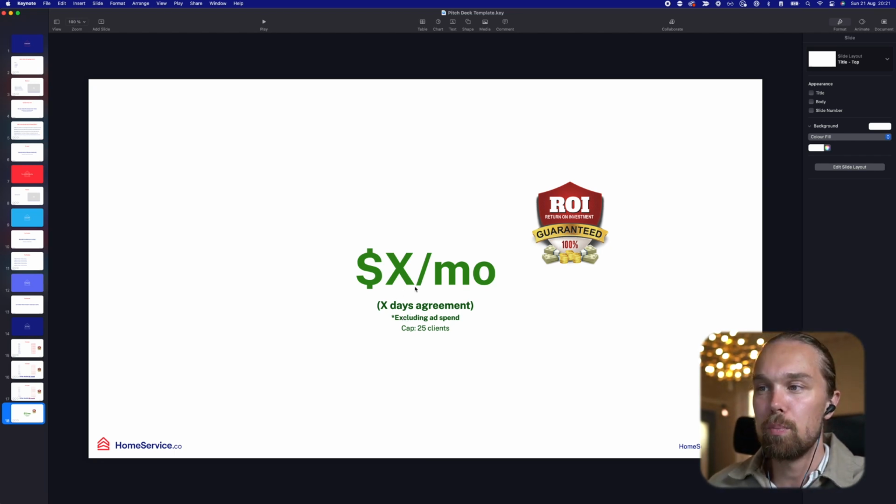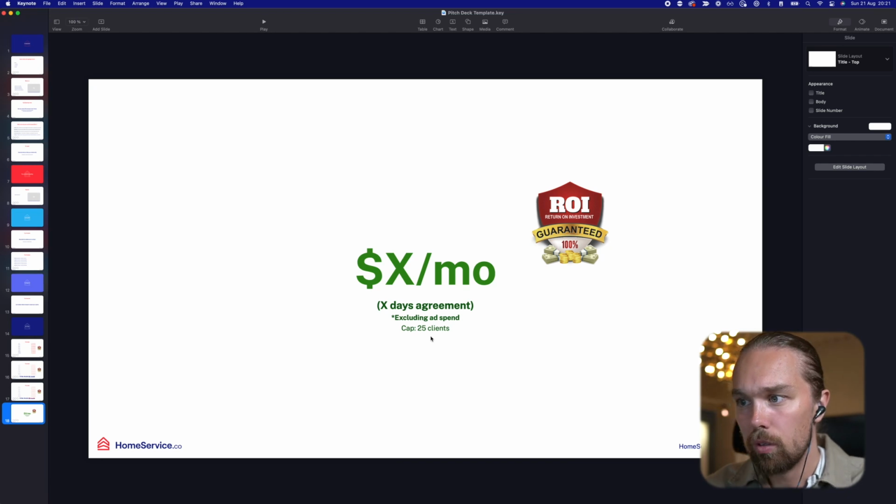So this price is our management fee, and then they will have to pay Facebook or Google or whatever it might be extra on top of that, right? And then we'll also remind them here that we have a cap on the amount of clients that we work with. So for example, just so you remember, John, we have our cap of 25 clients that we work with